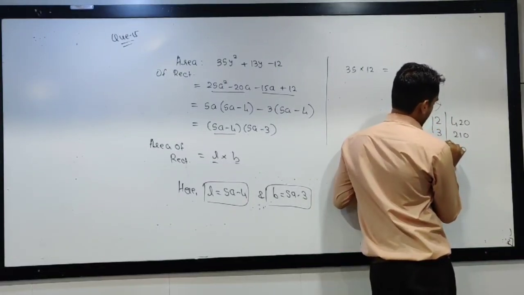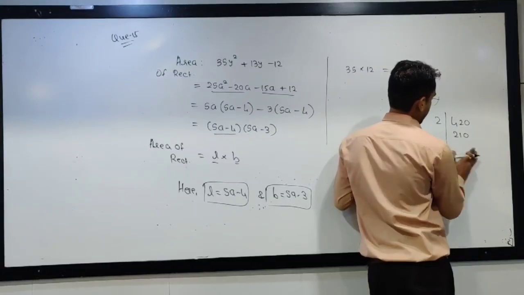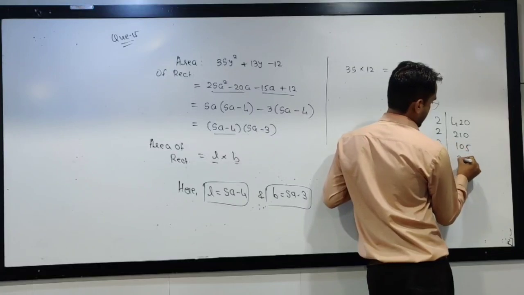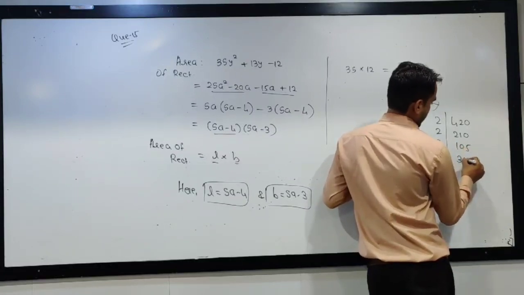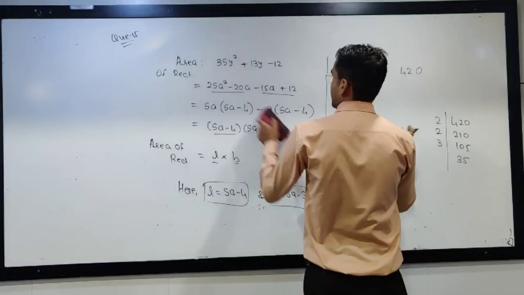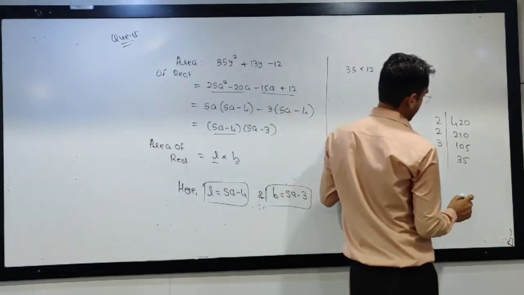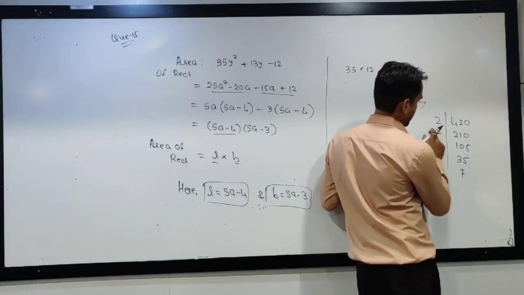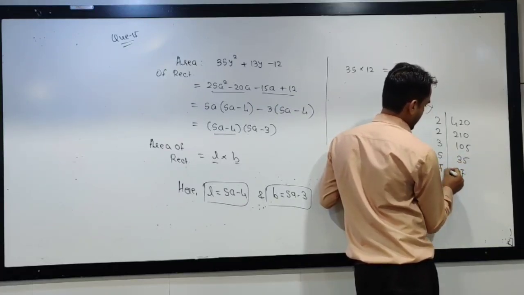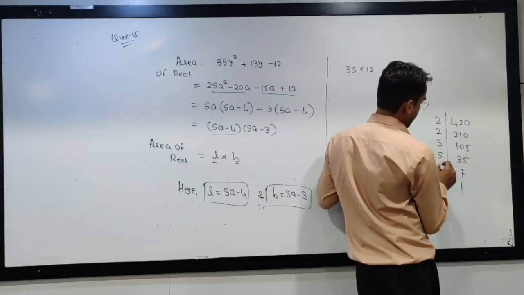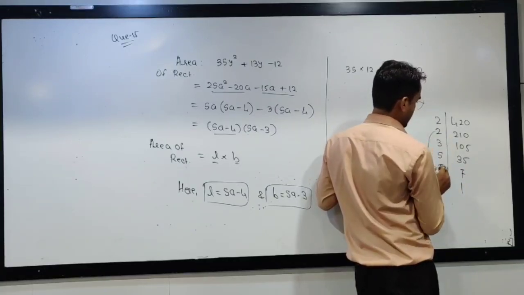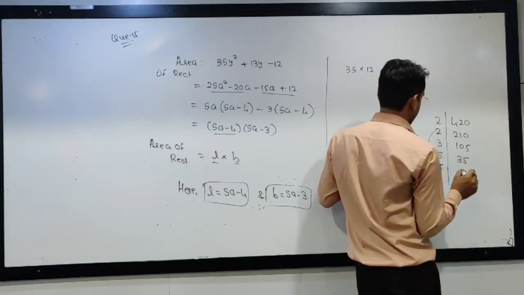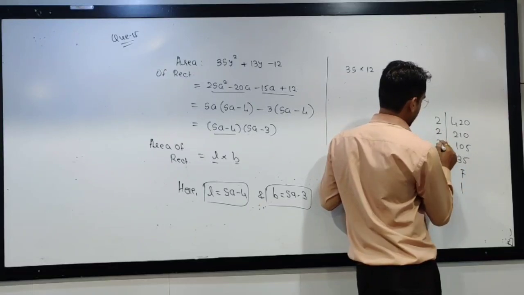Okay? Sorry again. Try with 2: 105 is not coming. Try with 3: 3 3s are 9, 3 5s are 15, into 12, 13 will not come. 5 7s, 7s are, will not come. 7 1s are. Okay? Again, do a different combination. 7 2s are 14. I need 13. 7 3s are 21.